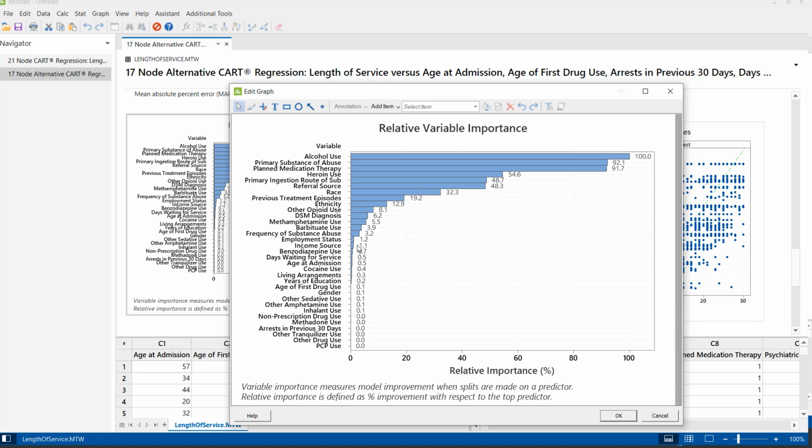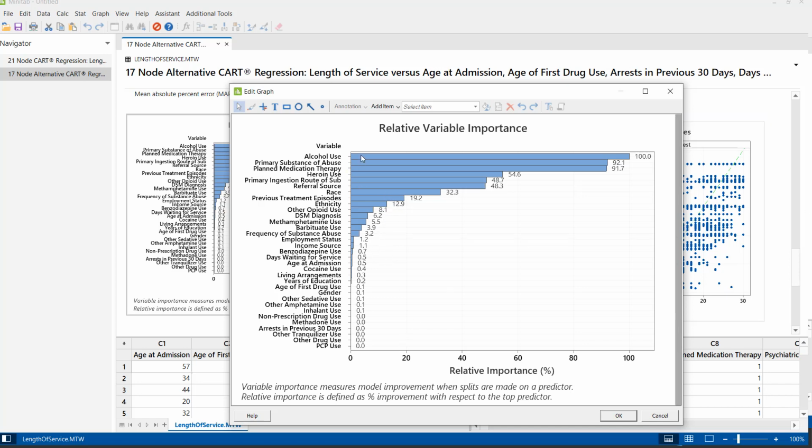Now here you can see there is a steep drop in the relative importance. It does help us to know that these variables are not important, and these are the variables for which you can decide whether to control them or not.